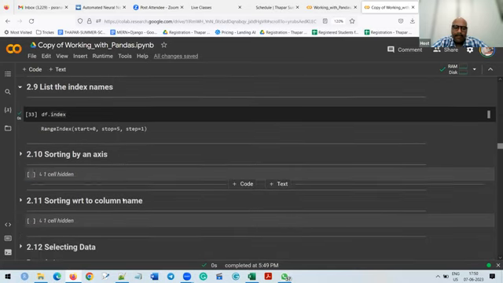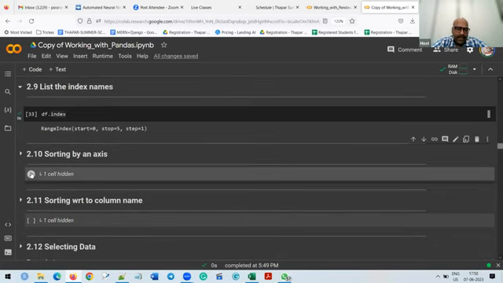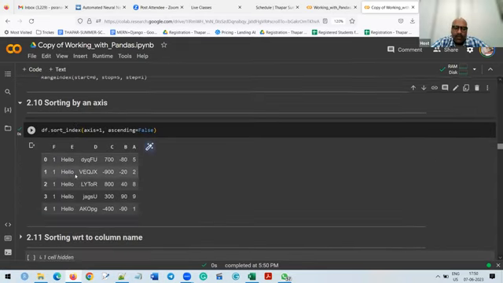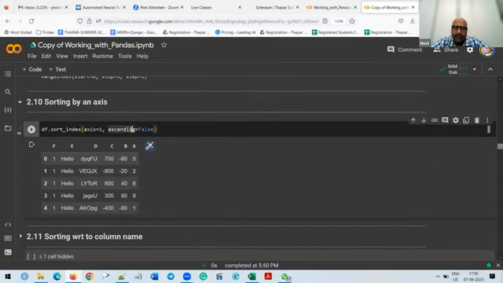क्लास यस? Yes sir। Yes sir। Come to step number 2.10, just execute।